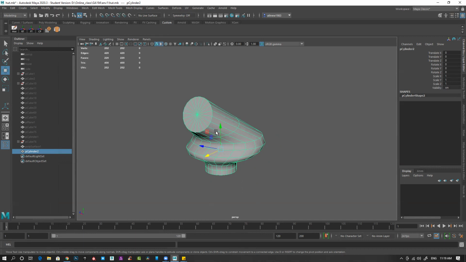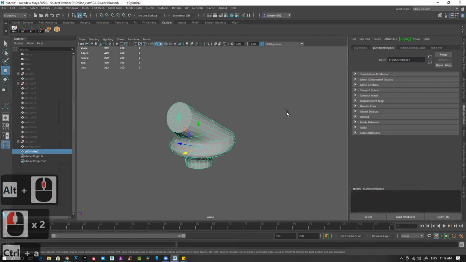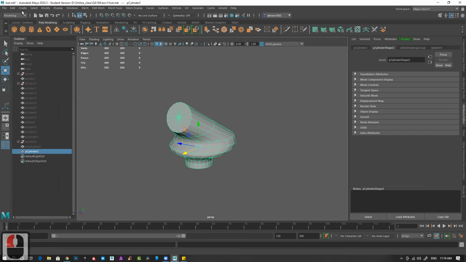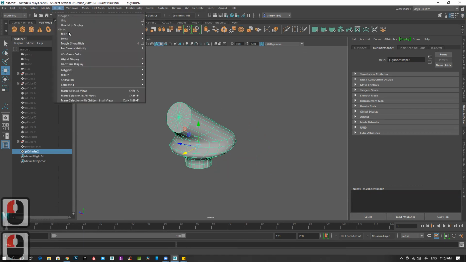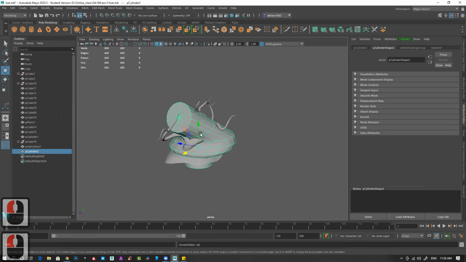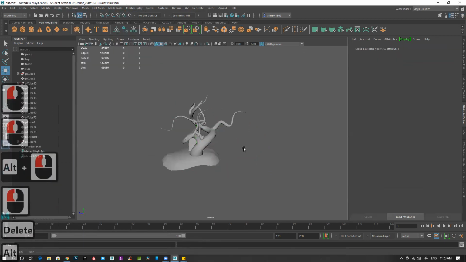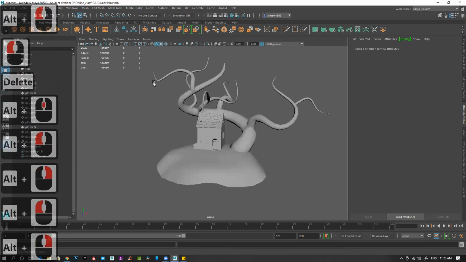Whenever you create anything in Maya, by default, everything is assigned with Lambert 1 material. How to check that? Select it, Control A, and you can see the last tab is Lambert 1. If I unhide everything, display, show all, and delete this, I have this entire thing.